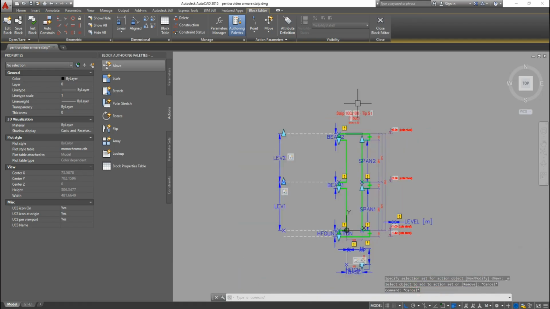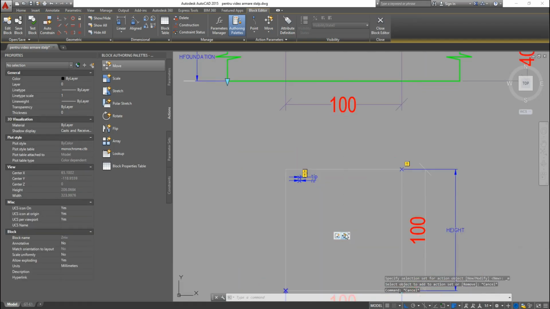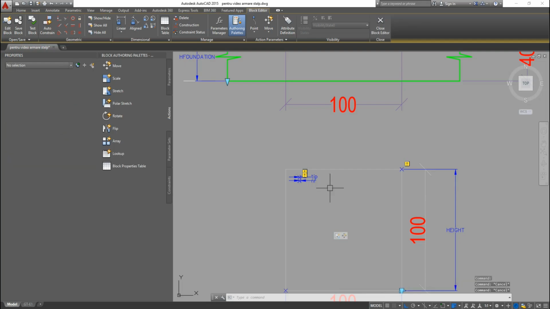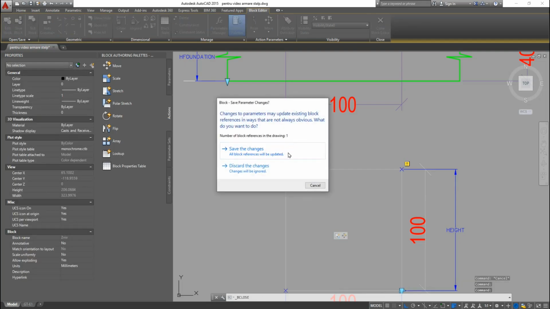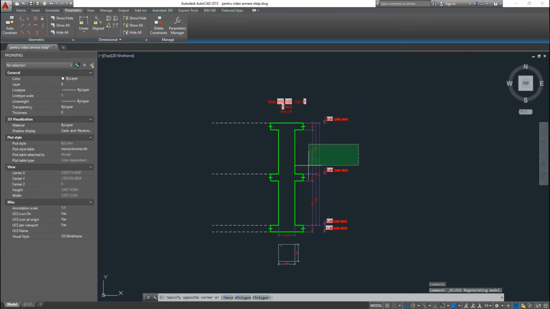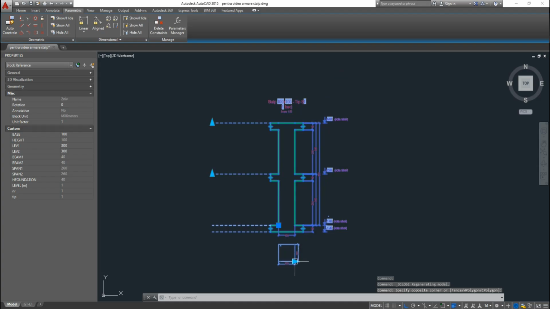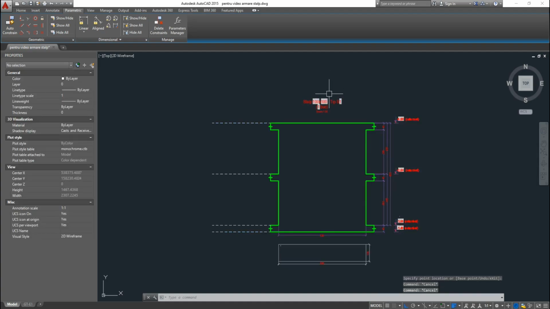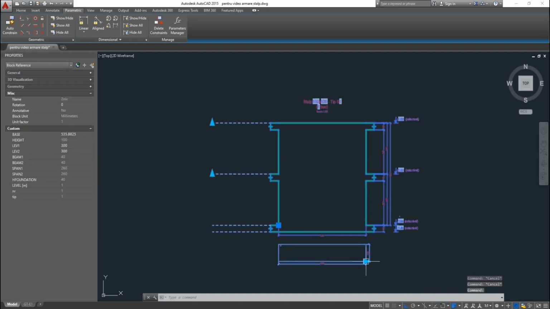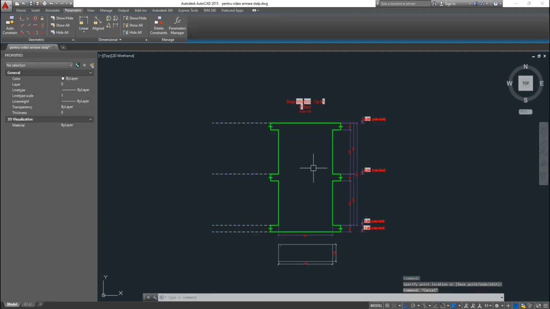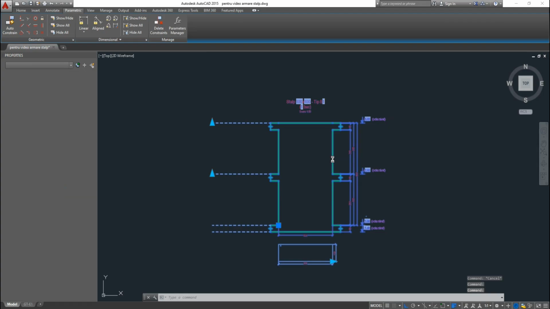Okay, so now if we give the action a 0.5 distance multiplier, we will hopefully see how it behaves. So I'm choosing the block and take the grip, and as you can see, it remains always in the middle of the base of the column. Okay, now moving on,